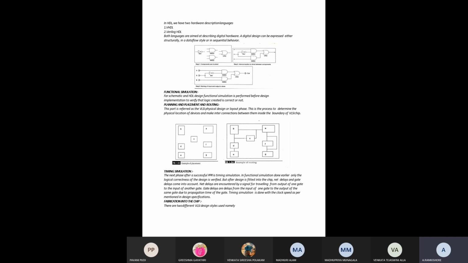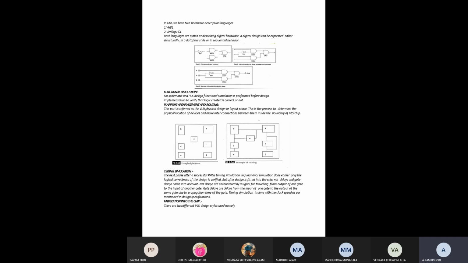By using these languages, we can design circuits in any type of manner. So in VHDL, we have different formats: the structural format, the data flow style, and the sequential behavior.